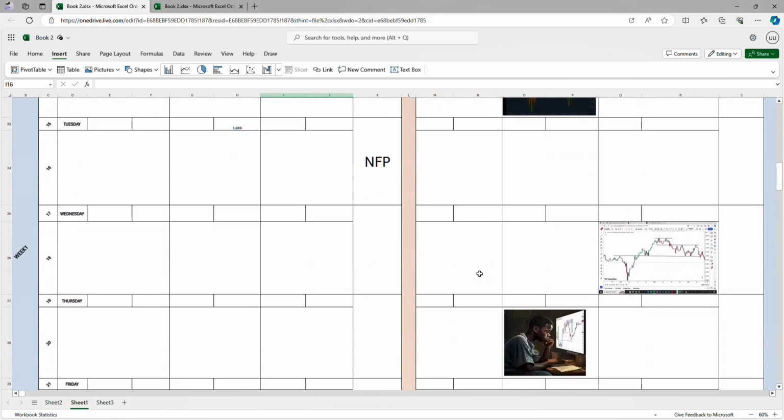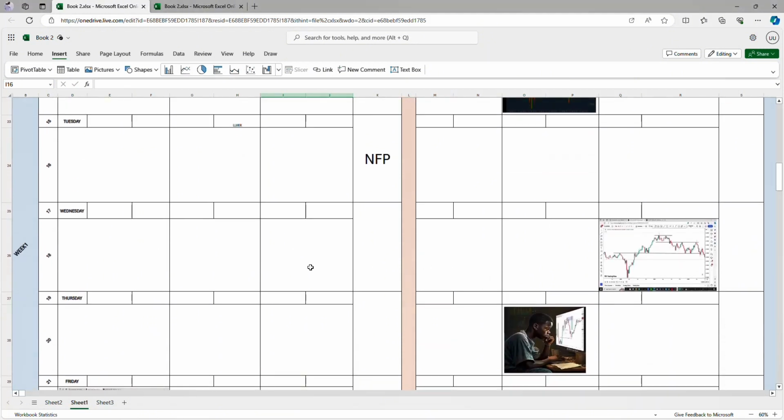Now let us assume that on a Wednesday also you did not take a buy. Instead you took a sell. So you are going to put all your values here. And at the end of the day, you are going to write your remarks. Was there a news event? Was there NFP? Was there CPI? Was there core CPI? You are going to write everything here, and you are going to insert all the photos